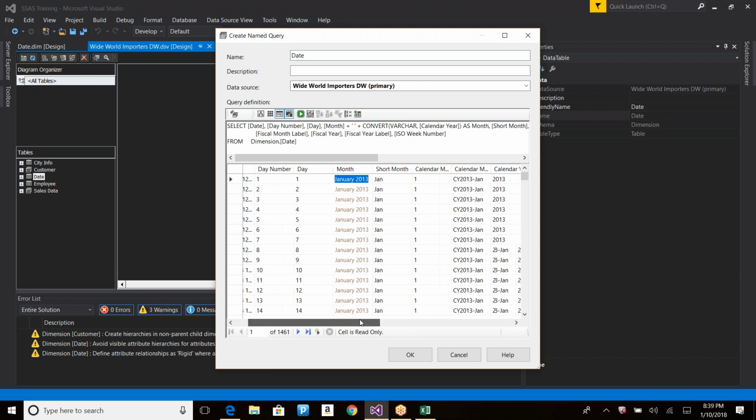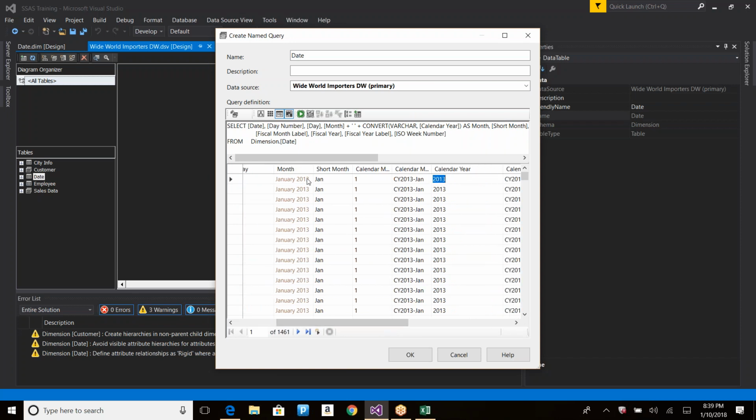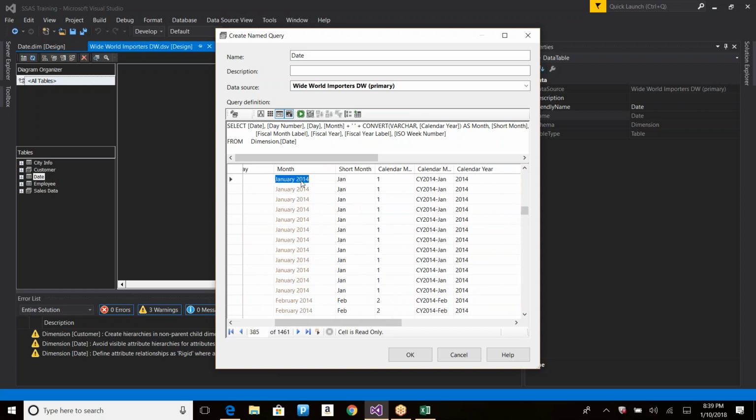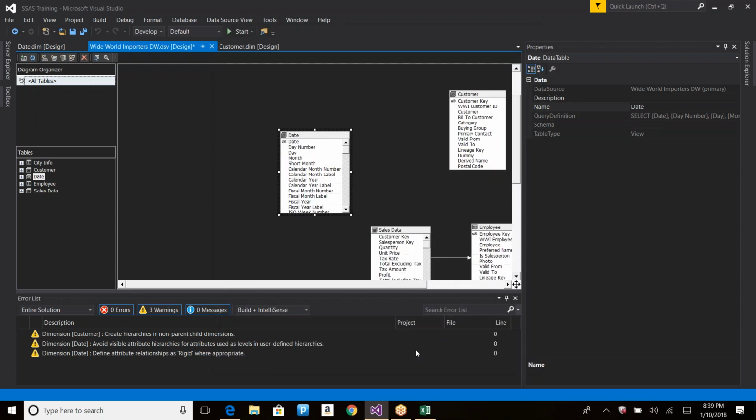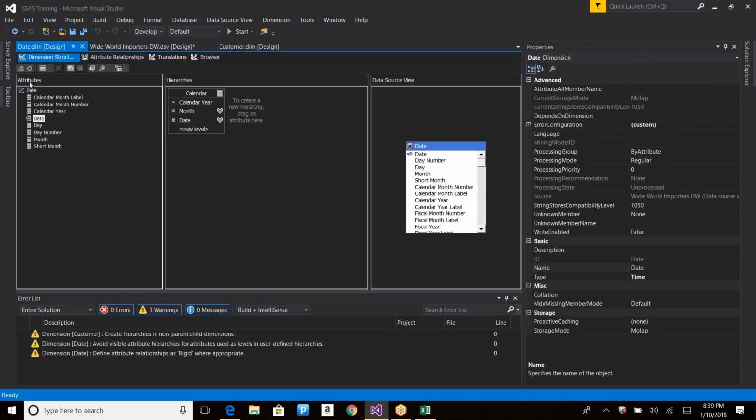Now, if you go for January under 2013, it will be Jan 2013. Will you find this Jan 2013 under 2014? No. Under 2014, you will have Jan 2014. Now, all the values are unique. Under 2014, there will be one and only January 2014. And under January 2014, there will be only one parent, right? So I'm providing uniqueness. If I select OK, and if I process the dimension now,